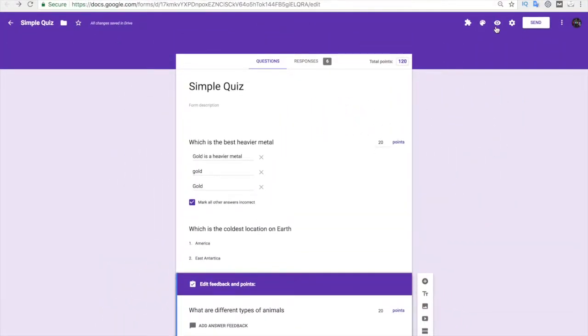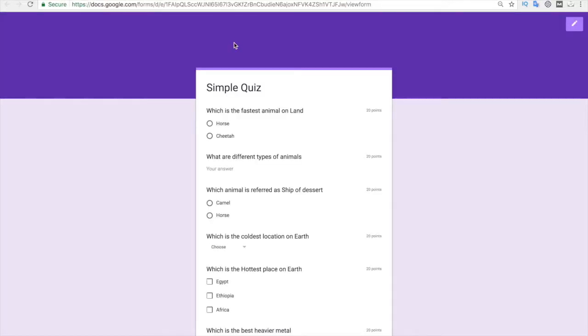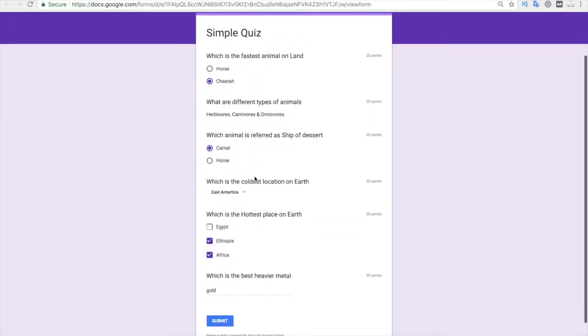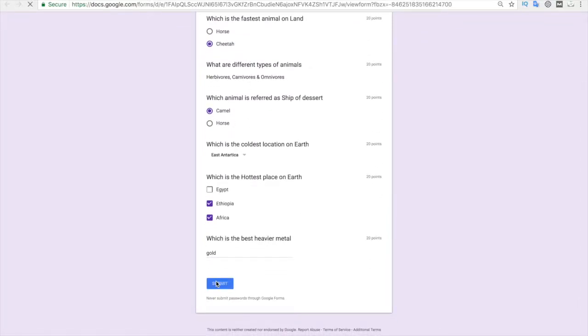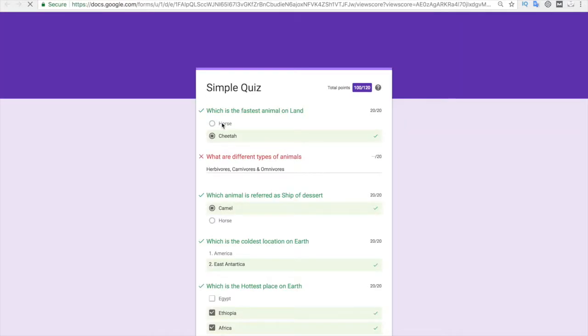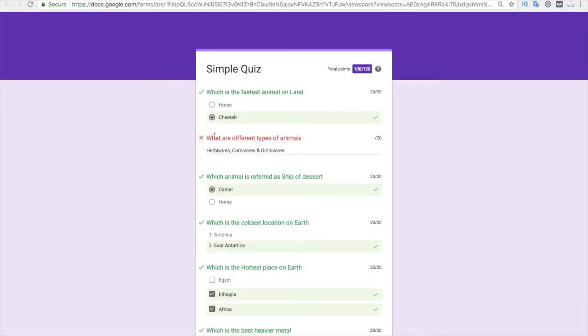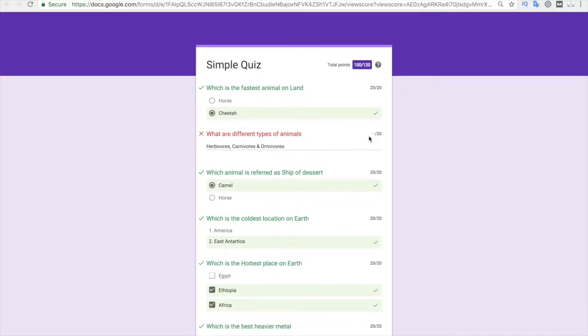So let us go to the preview section and try attempting this quiz. So here we are in the question saying what are different types of animals. I'll just type it as herbivores, carnivores. So after adding the paragraph answer, I will just click on submit, and after that I will click on view score, and here by default the answer for this one is wrong, and no point here has been awarded